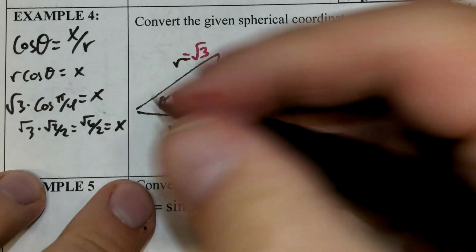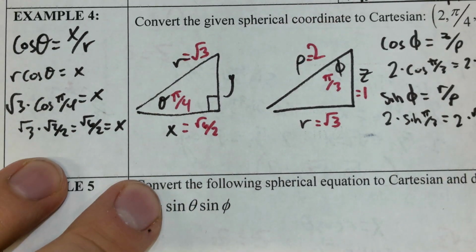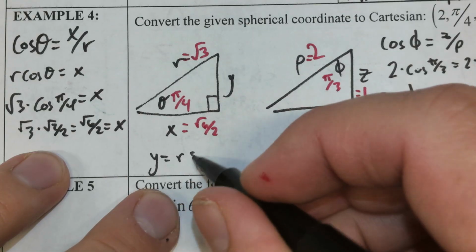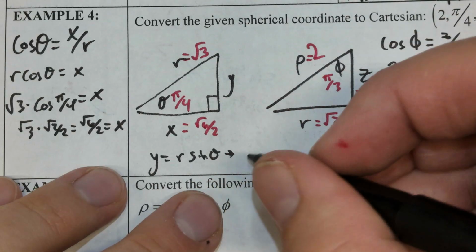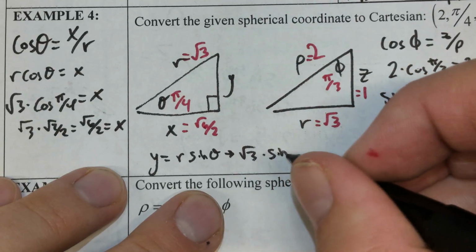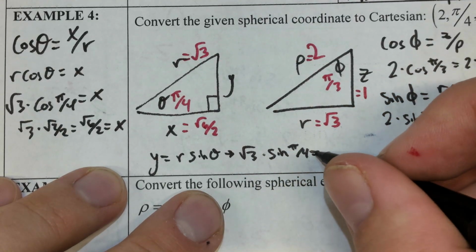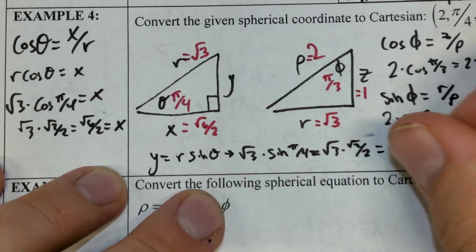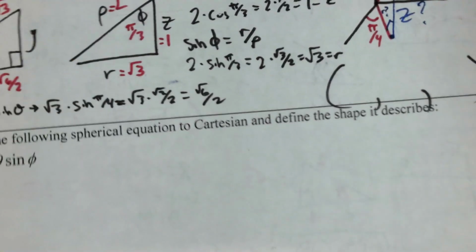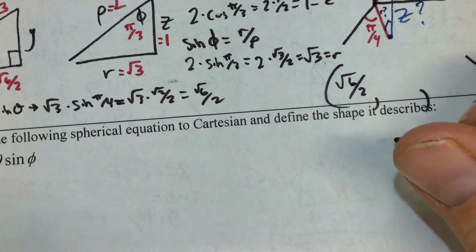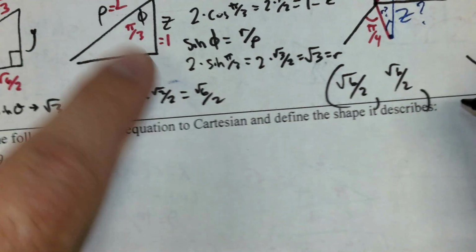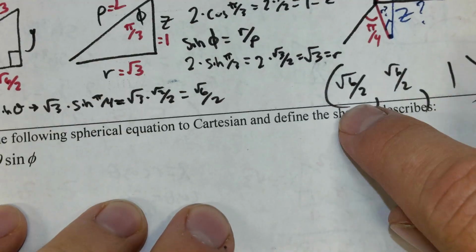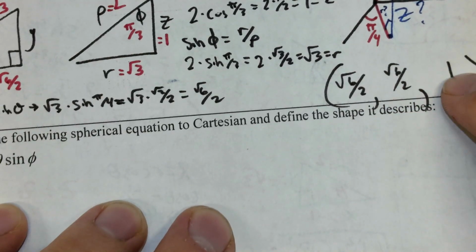And I would find a very similar thing with y. I know I'm running out of space a little bit. I'm trying to save room for my coordinate here at the end. But I know that y is r sine theta. And that would be rad 3 times sine of pi over 4. That would be rad 3 times rad 2 over 2, which would also be rad 6 over 2. And so I've got it. Rad 6 over 2 for x, rad 6 over 2 for y, and 1 for z. And guess what? This squared plus this squared plus this squared